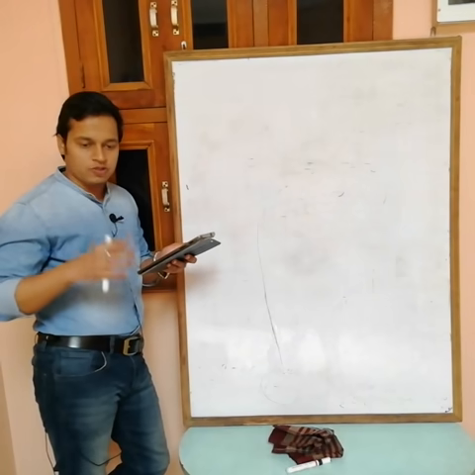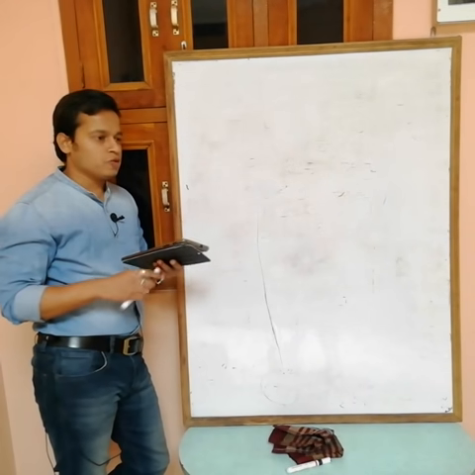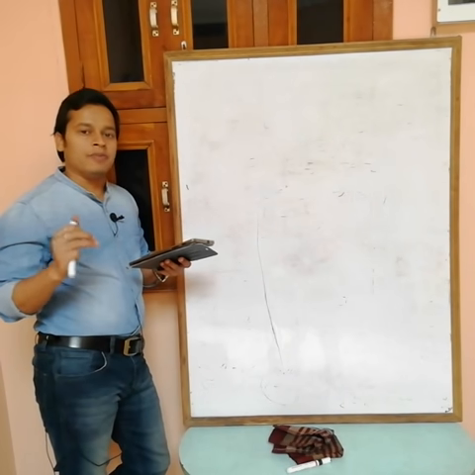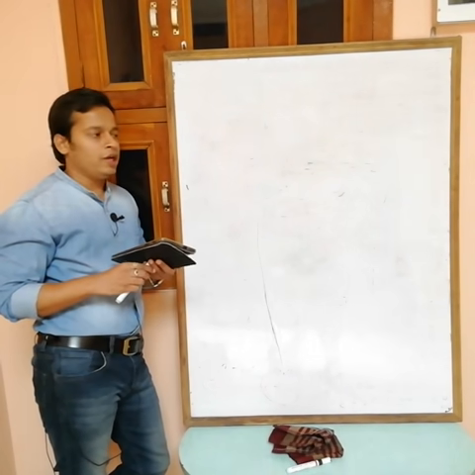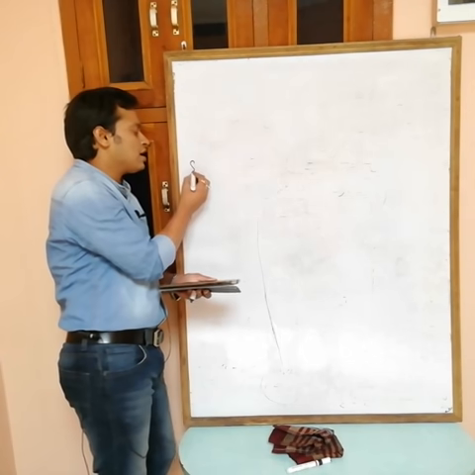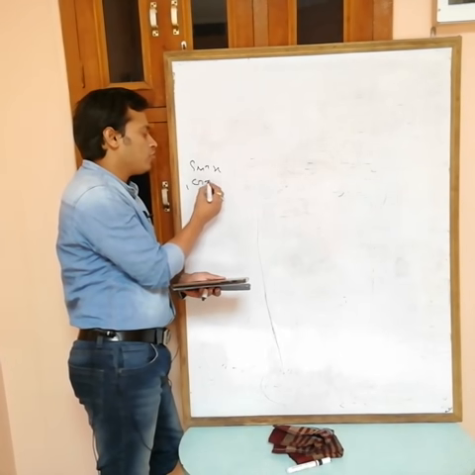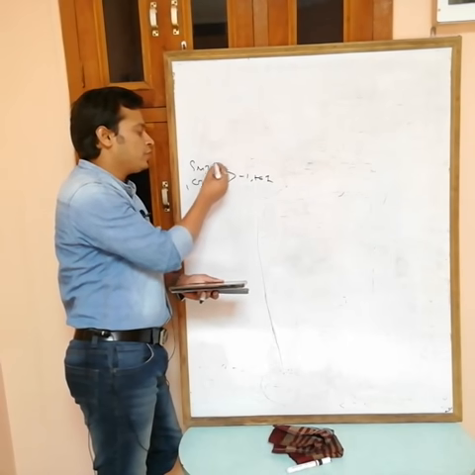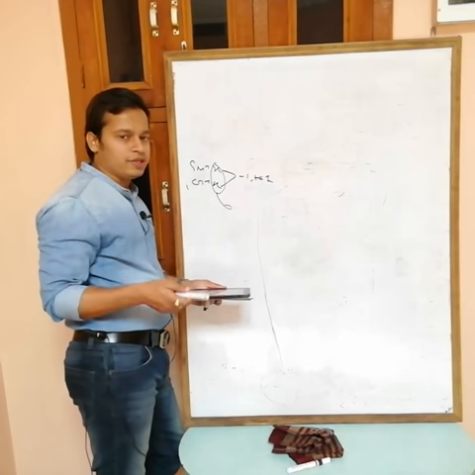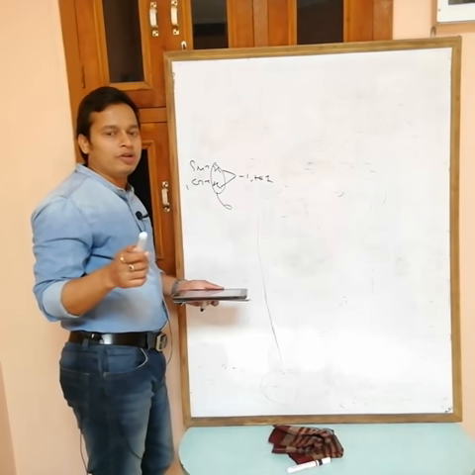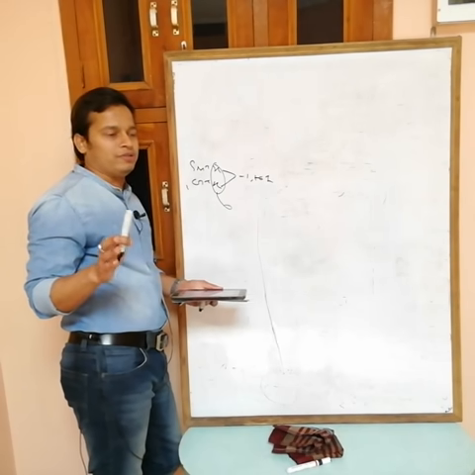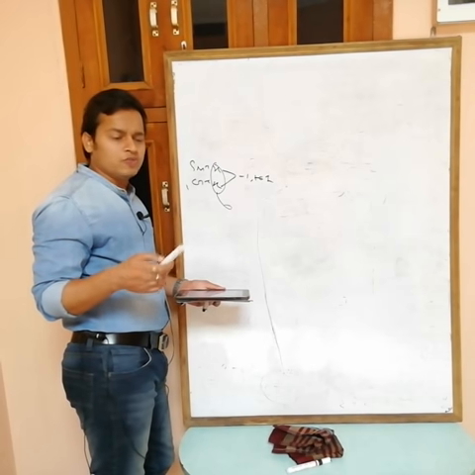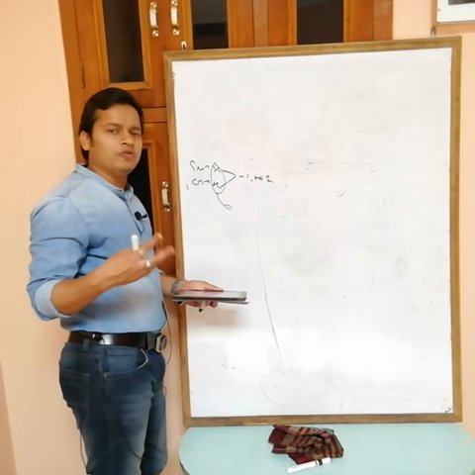Okay, range means all possible values of these functions. It means put any value of x, doesn't matter, but the value of sine inverse always lies from minus pi by 2 to plus pi by 2. Also we have the domain: for sine inverse and cos inverse x, the domain is minus 1 to plus 1. It means you can't put any value of x outside this interval. The domain of tan inverse and cot inverse is R, you can put any value. The domain of sec inverse and cosec inverse is minus infinity to minus 1, and after that 1 to infinity.